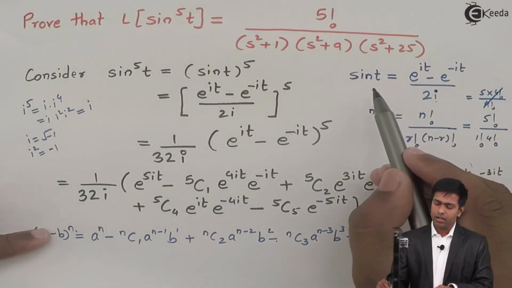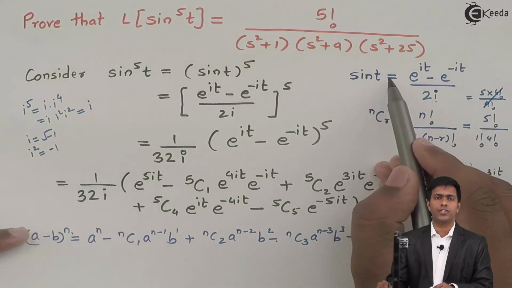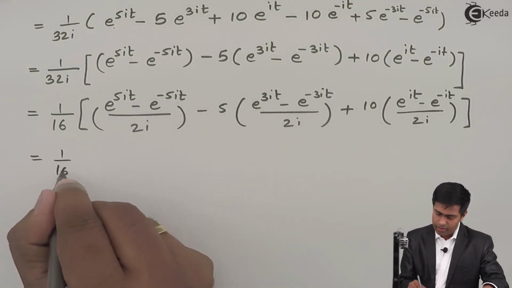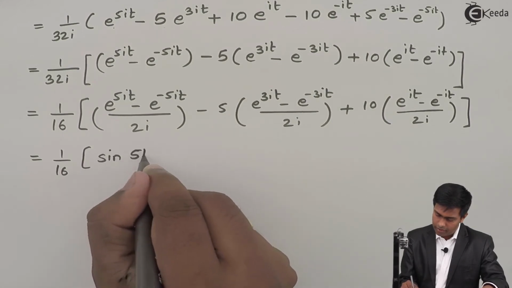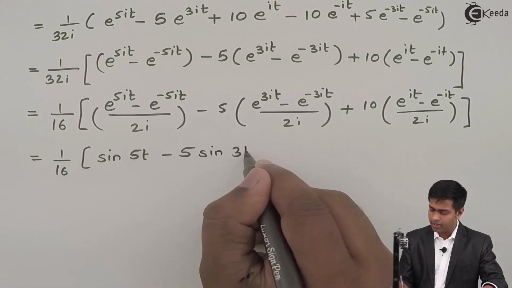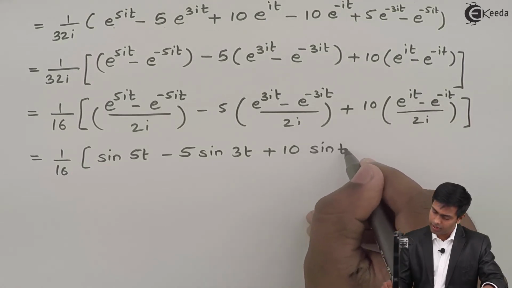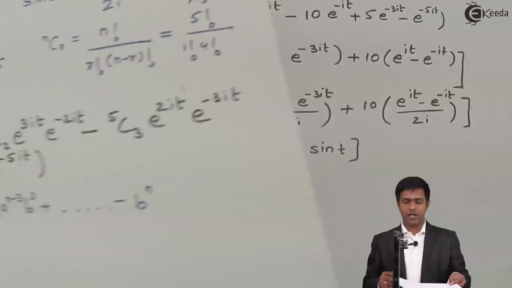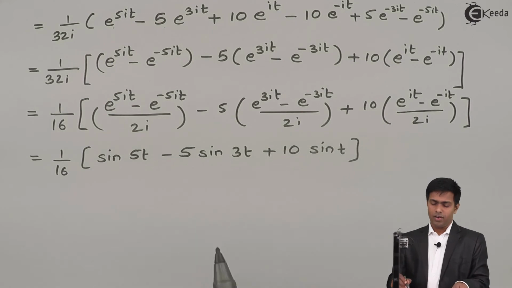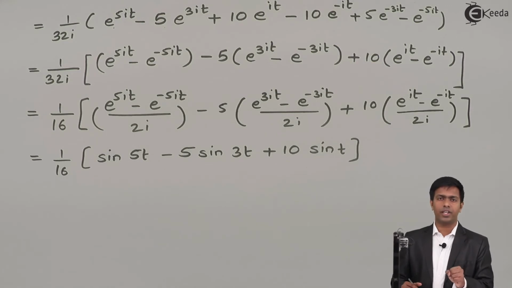Now see here, if I want to apply this formula, then this power t comes here as the angle of sine. So here we have 5t. So I can say that the first term is sine of 5t, minus 5 times the second term, sine of 3t, and here we have t, so the last term is sine of t. So now we got the expansion for sine raised to 5t, and if you observe carefully, my friends, these three terms are now converted into sine at, which was our objective.